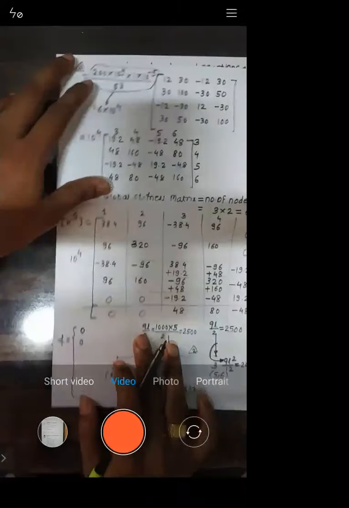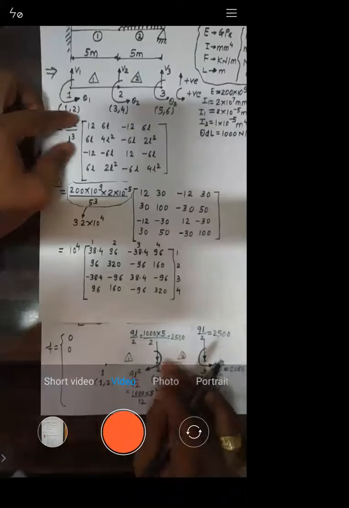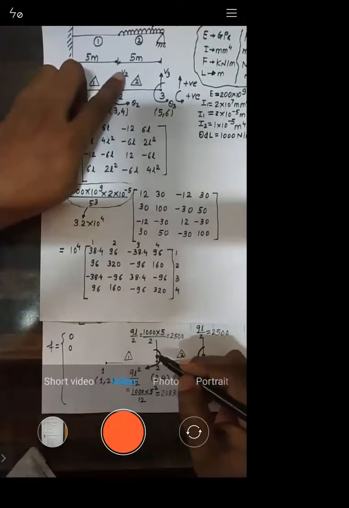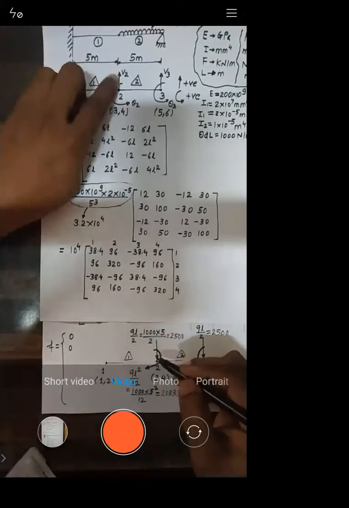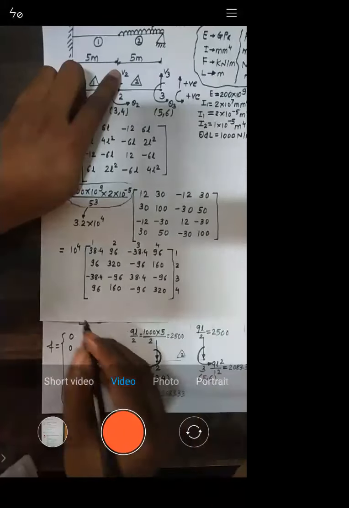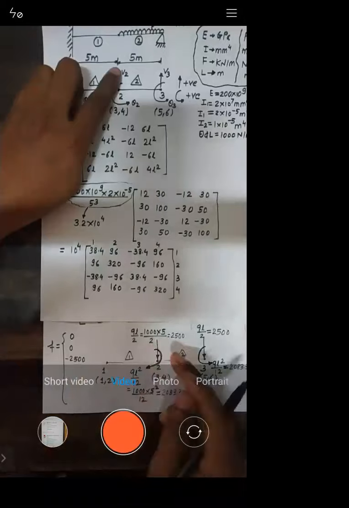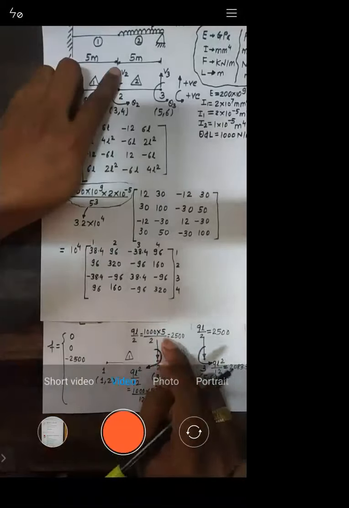Force is 2500, right? Now just compare. Can you see this V2? It is going upward. And what is the direction here? This is upward, this is downward, so the direction gets reversed. So this is to be written as minus 2,500. Compare this with this. This V2 is going upward, this is going downward, so I need to write down a minus sign here.